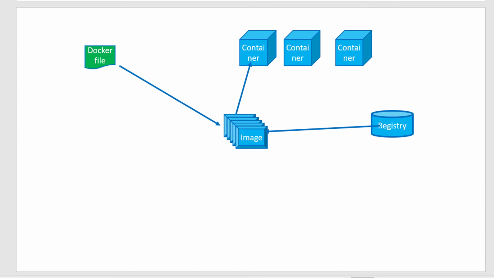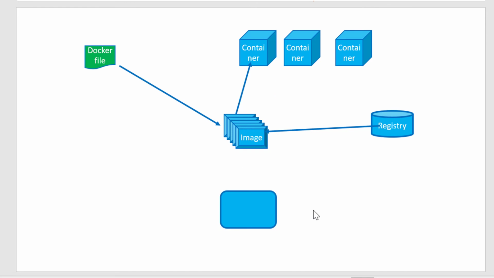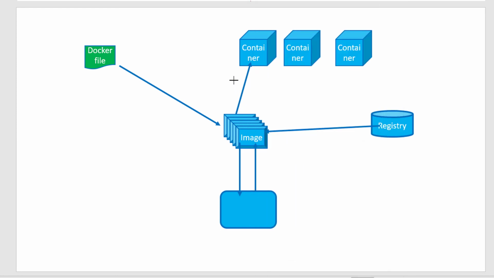And there are even some ways available where I can store the image as a flat file, and from the flat file I can get back the image. This process also we will be seeing, and once I have the collection of images, I may need to maintain the collection of images. For that I am going to have image maintenance, like listing the images available, removing an image, as well as copying an image, changing the tag of a particular image. Basically, the image management we can do.